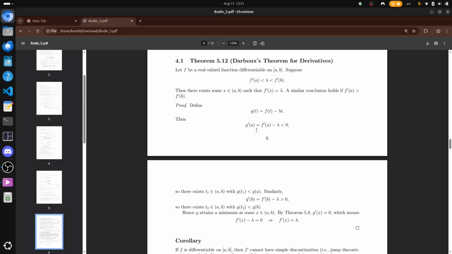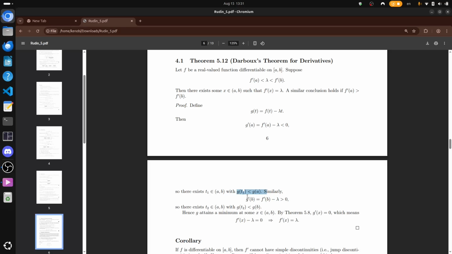And how we do that is we set this equality over here and we differentiate. So g prime of a is equal to f prime of a minus lambda, which is less than 0. So there exist t1 in (a, b) with g of t1 less than g of a. Why? Because